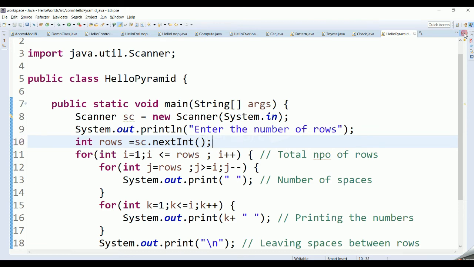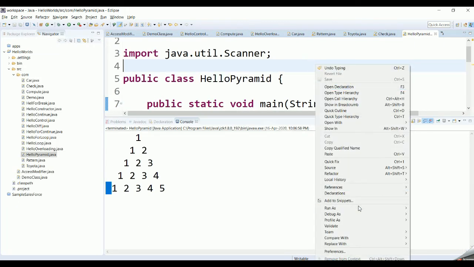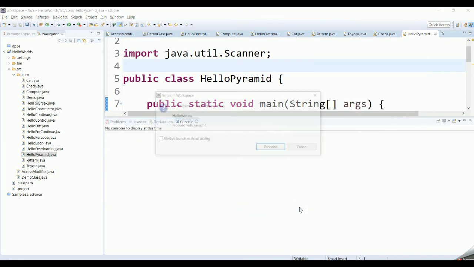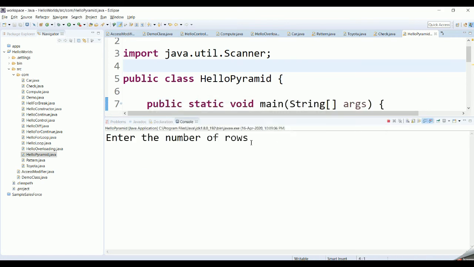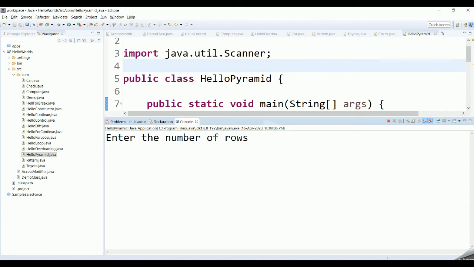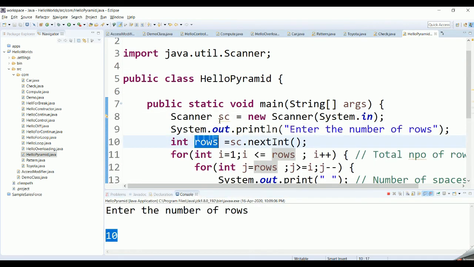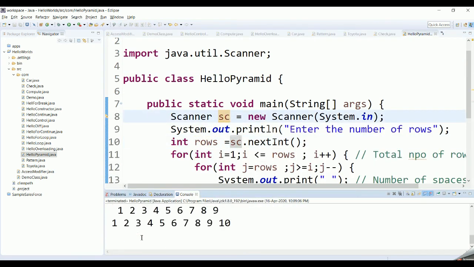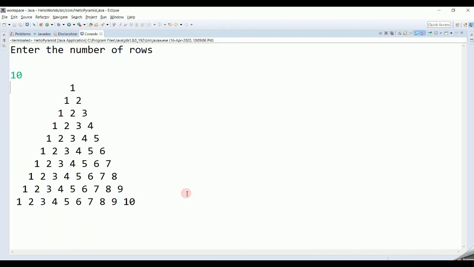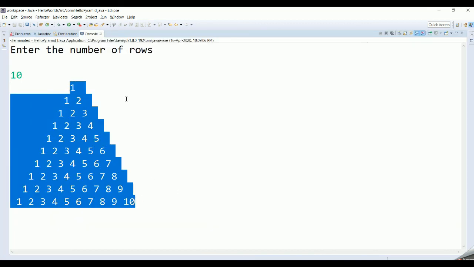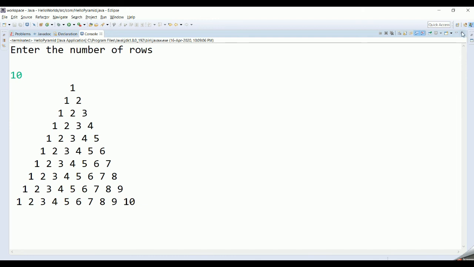Now let us see how this program will get executed. If I run this program, first it will ask me to enter the number of rows. If I enter the number of rows as 10, whatever I enter over here, that particular integer value will be assigned to rows. And if I press enter, it will take the rows as 10, and a 10-row pyramid has been formed.